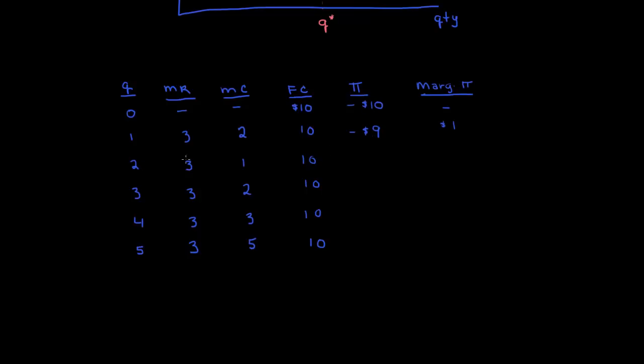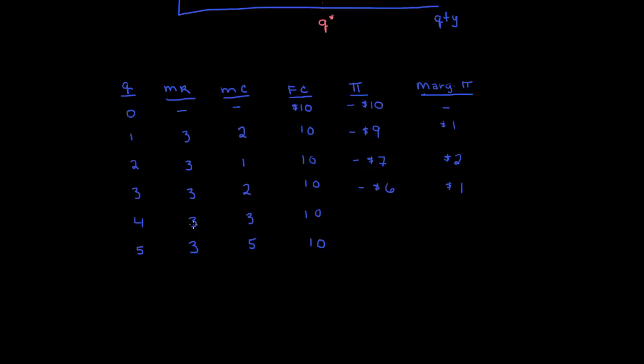If we produce a second unit, we're going to get another $3 for it. The marginal cost is 1. That would give me a marginal profit of $2. So if I have $2 here, I can use that to apply to my current loss. So instead of being $9 in the hole, I'll only be $7 in the hole. And once again, if I produce the third unit, I'm going to get another $3. It's only going to cost me another $2 to produce it. And so that will give me a marginal profit of 1. And I am now only